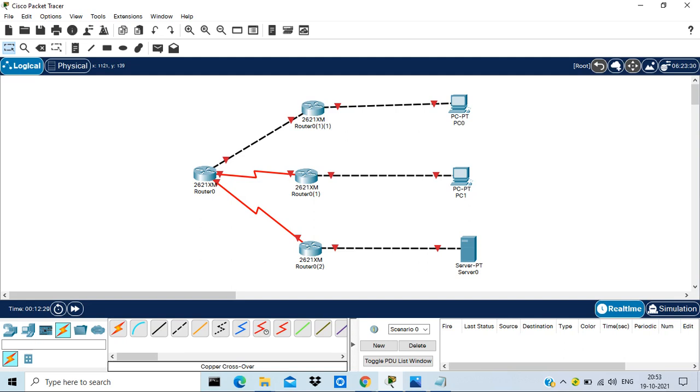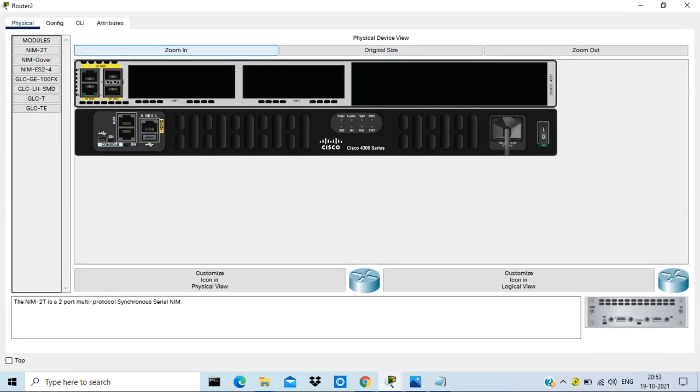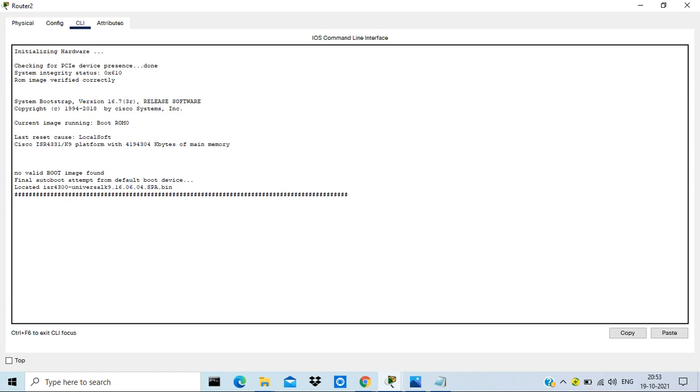The thing is, all the other models of routers that are available in this Packet Tracer, it's not about all the other models. If I take this 4331 and put it here just for demonstration, can you see I have taken one 4331. If I double click on it and zoom in, you can see it is powered on, right? The green light is there, and the CLI is getting ready.